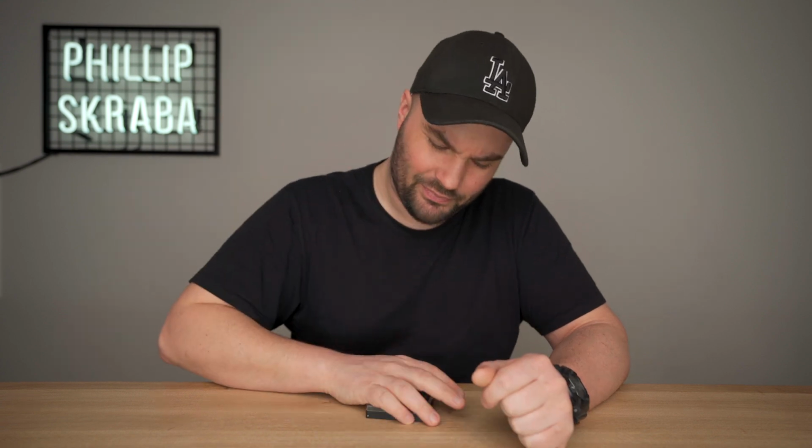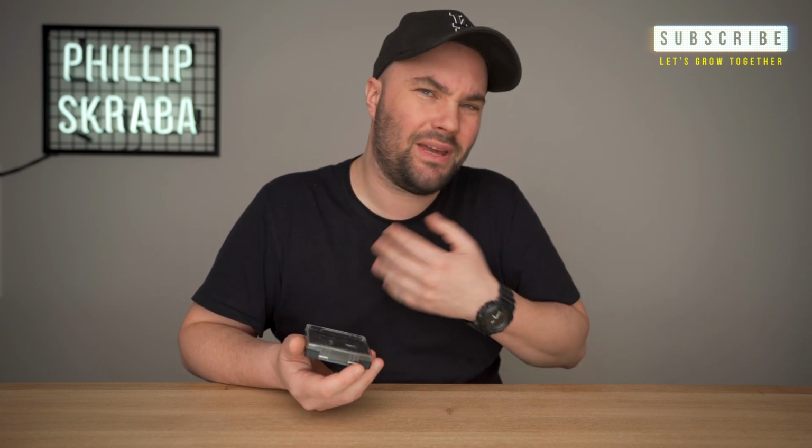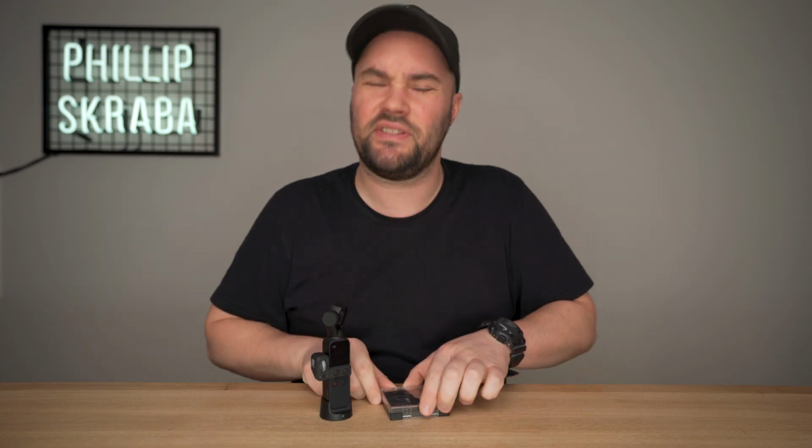Today we're talking about Freewell filters. They're new, but they're old. What I mean by that is that Freewell already made these filters, but they've made them again. They're for your Osmo Pocket, so this thing right here, and you kind of stick them on the front. Now, what I mean by old but new, or new but old, is